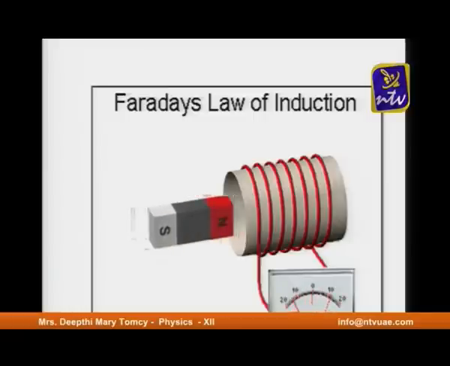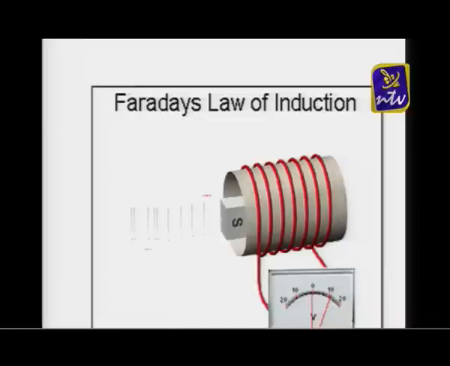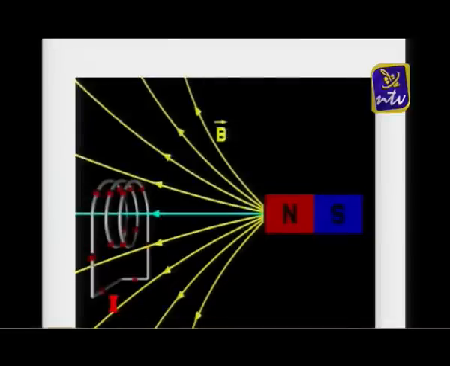These experiments very clearly show that you can change the magnetic flux by changing the magnetic field linked with the coil. Now if you see the next figure, it is very clearly shown how the lines enter into the coil. When you move the magnet closer and closer, more and more field lines enter into the coil, because of that the magnetic flux will change, and that is why it is inducing current. Similarly, when you move the magnet away from it, these lines will go away, or the number of lines entering into the coil will decrease, and therefore the magnetic flux will change.